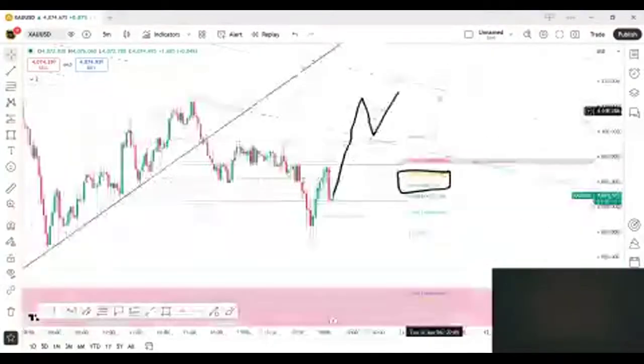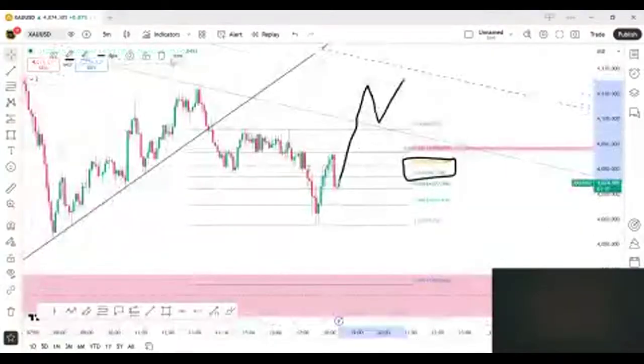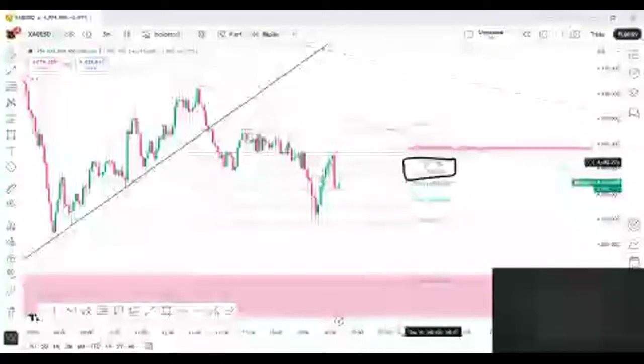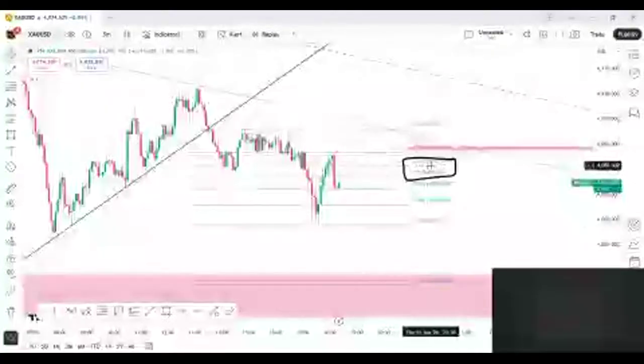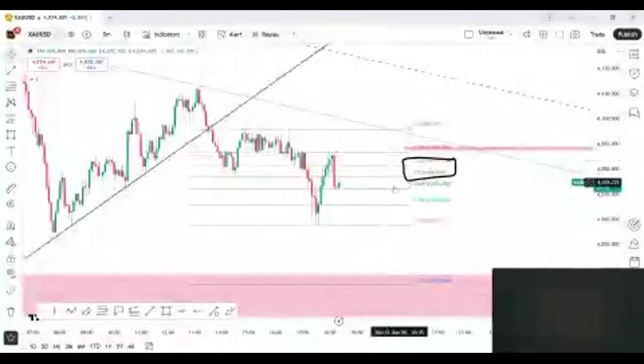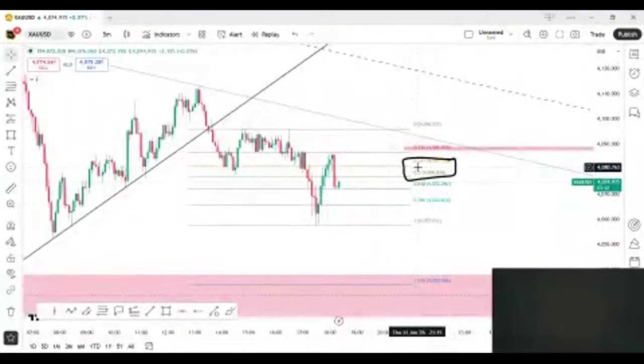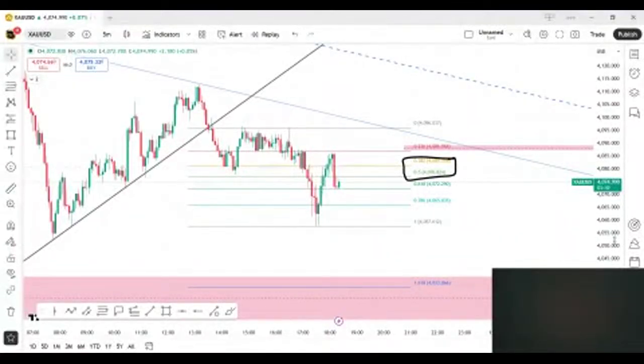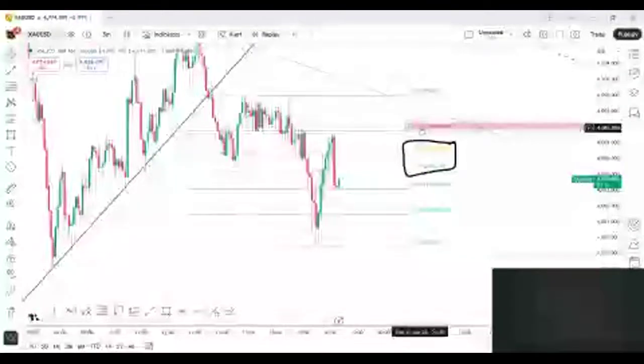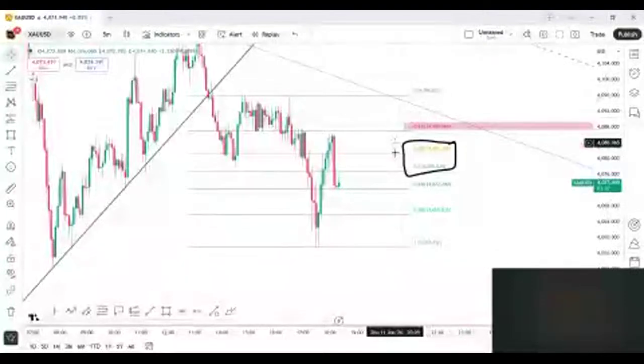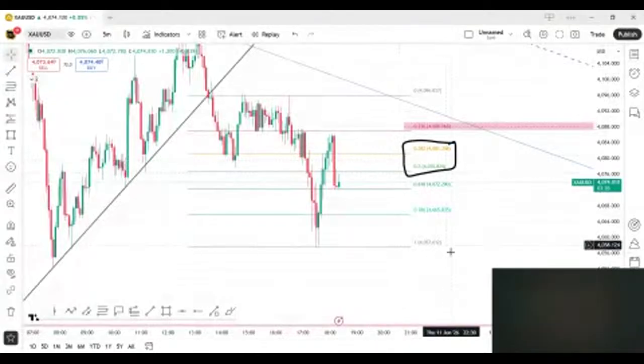So at the moment we can look for the sell positions. We can, until below this area, 4081. If the market stays below these types of areas, we will keep looking for shorts. If the market breaks this zone area, then we have to wait for the proper retracements, because sometimes the market gives fake breakouts, and then we can further look for the long positions.